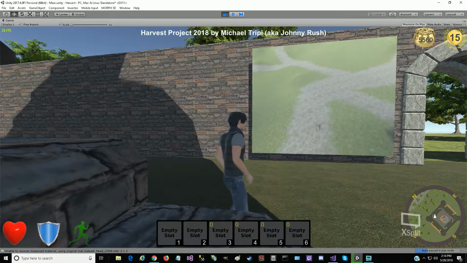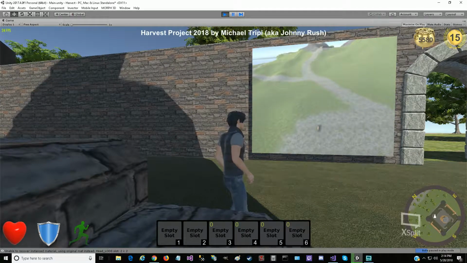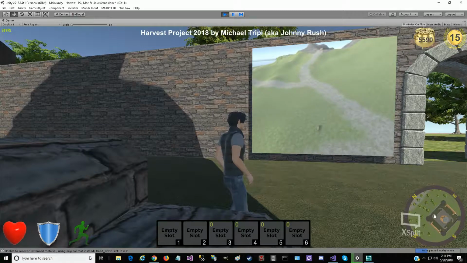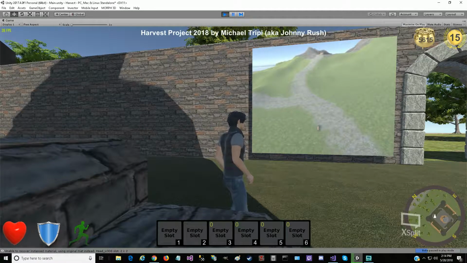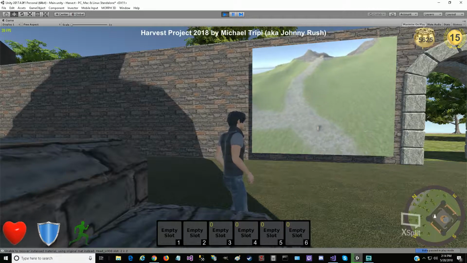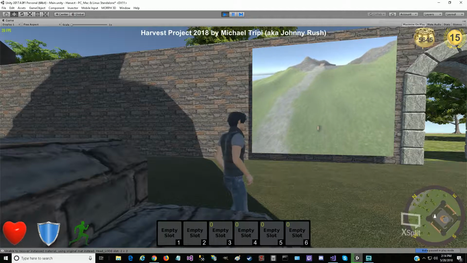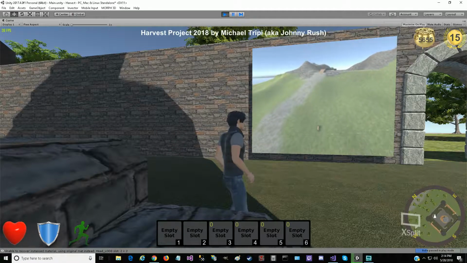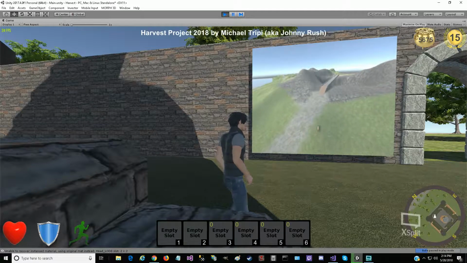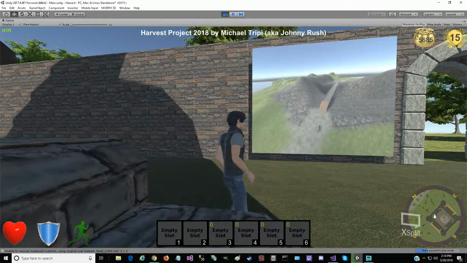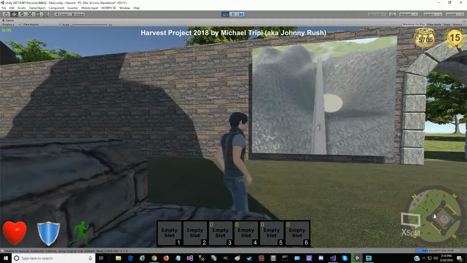smooth waypoint turning, meaning when the AI enemy here hits a waypoint, if it's in a different direction than what he's facing, we want a smooth transition movement to that. We don't want just this quick jerk to that direction. Bam, he's going. I mean, it works for now, but when we're viewing it, it just makes it difficult to